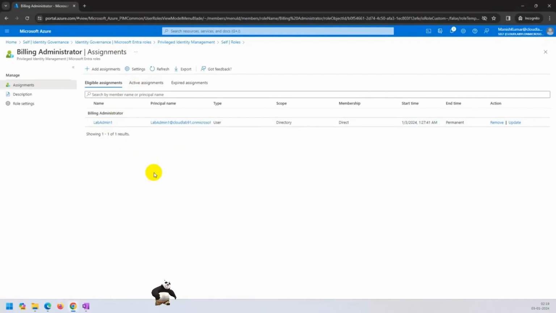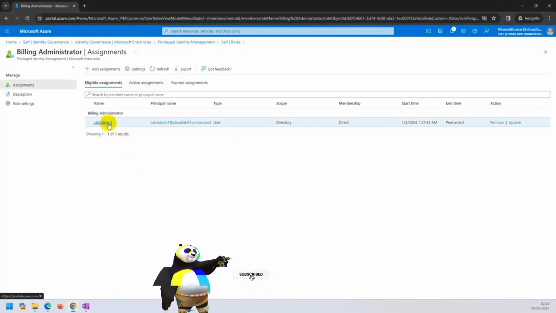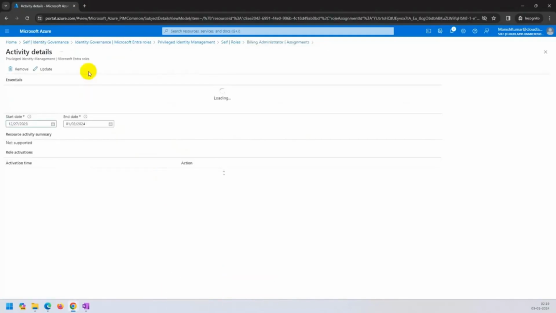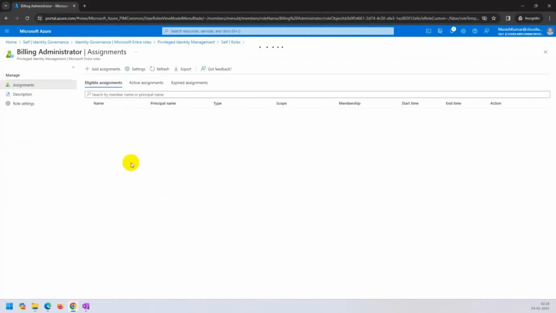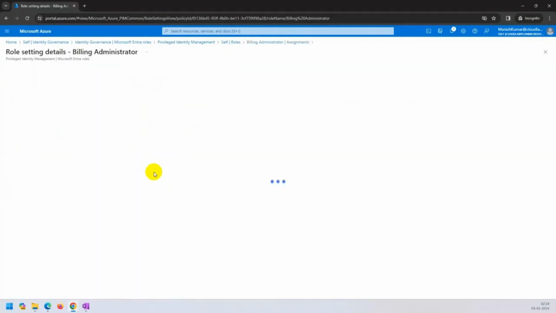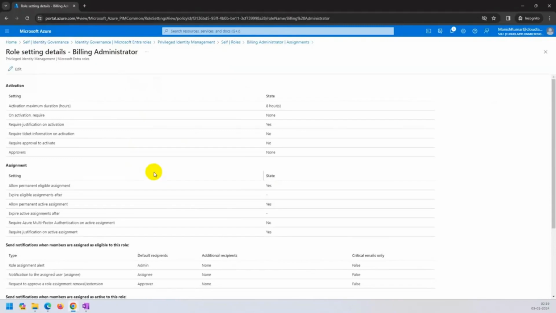the settings, okay, the setting is not working. So let's see, go to the settings. Okay, now you can see it's loading. So now we are in the role settings of the billing administrator, and here we are going to understand few